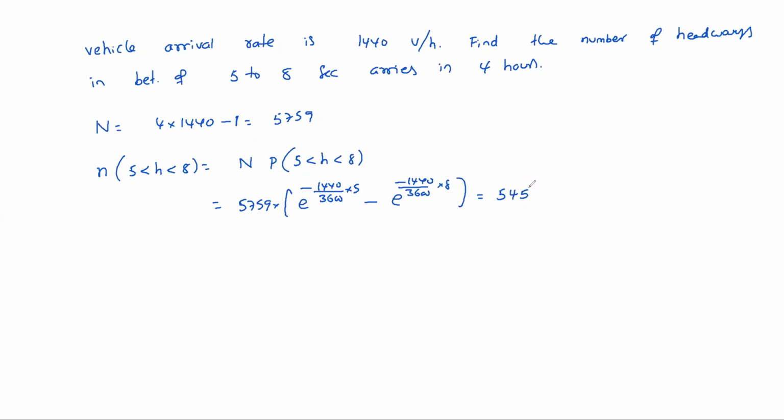Okay, probability according to Poisson distribution. Exponential distribution is a special case of Poisson distribution only. That's why in the GATE exam, don't get confused. In case of headways, they will mention only Poisson distribution, sometimes they will mention exponential. So they may mention either exponential or Poisson. Don't confuse. You see problem number 407. He mentioned Poisson distribution only.